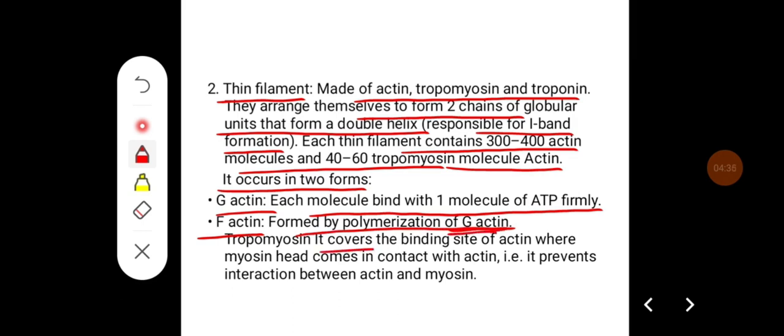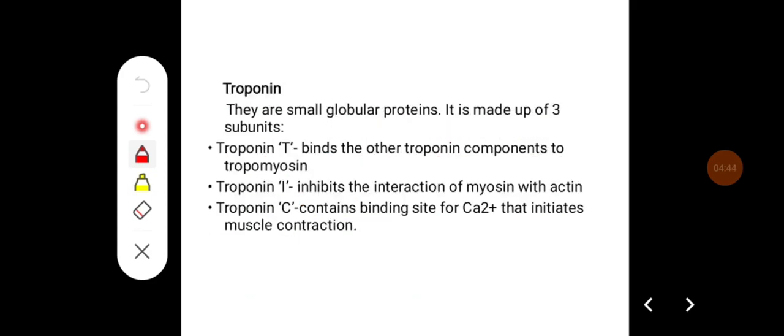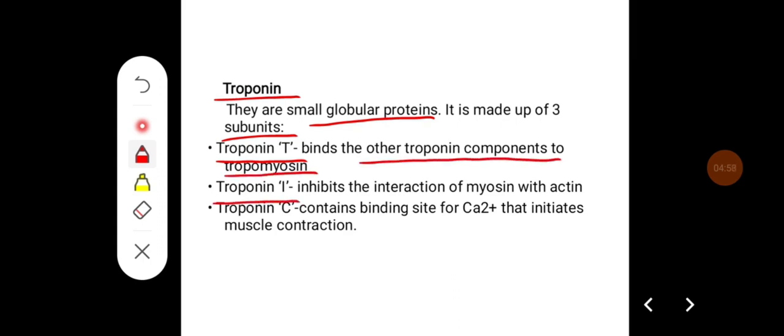Tropomyosin covers the binding site of actin where the myosin head comes in contact with actin, that is, it prevents the interaction between actin and myosin. Troponin consists of small globular proteins made up of 3 subunits. Troponin T binds the other troponin components to tropomyosin, whereas troponin I inhibits the interaction of myosin with actin, and troponin C contains the binding site for calcium that initiates